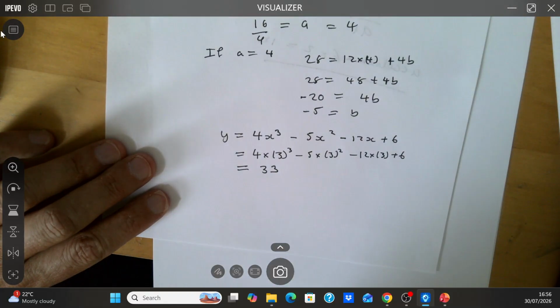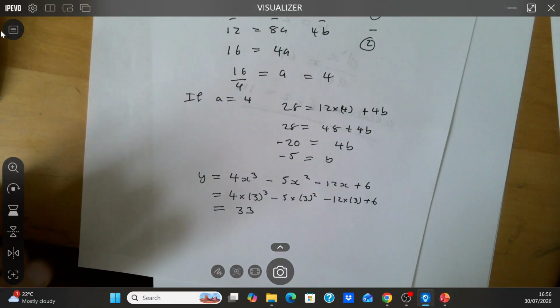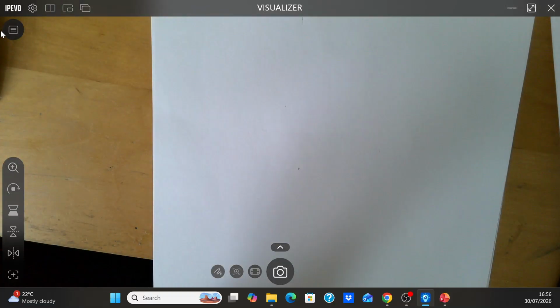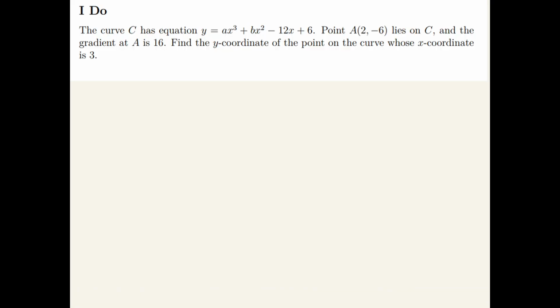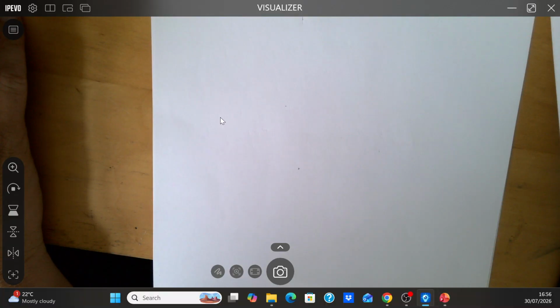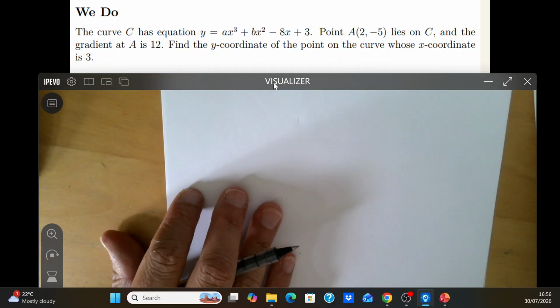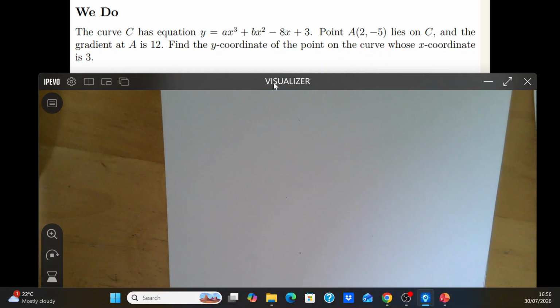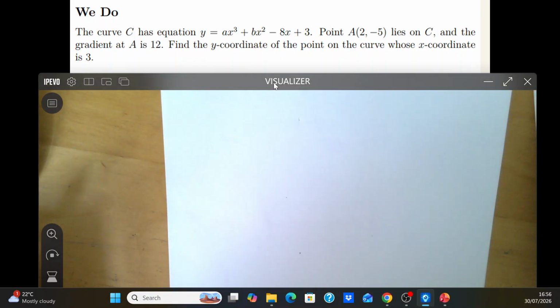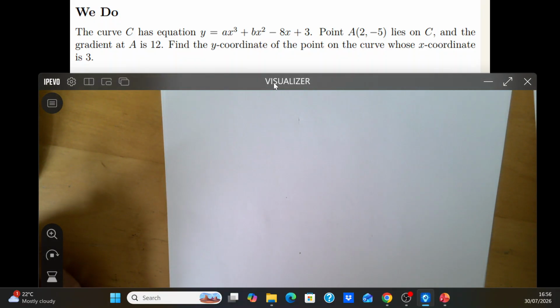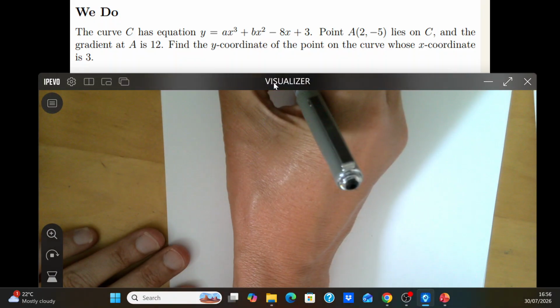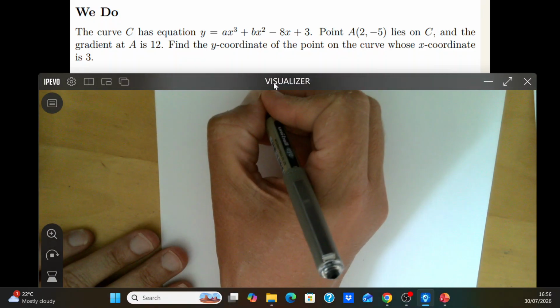Right, lots of little steps in that. I'll try and talk you through it again, or you might just have a go when we turn over. So let's have a go at your question. Have a go first. What is the first thing I did? Well, I used the point A being on the line to try and get an equation with my A's and B's in. So